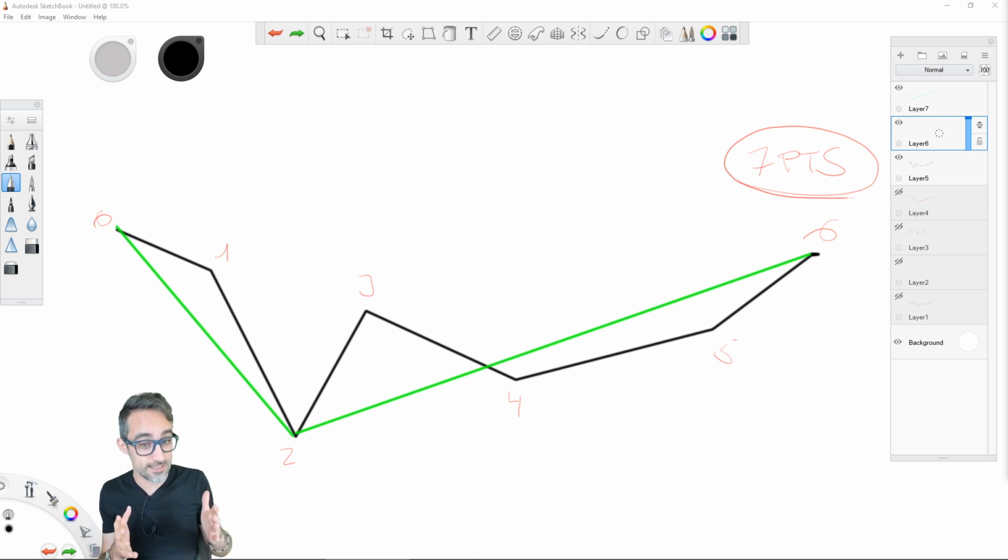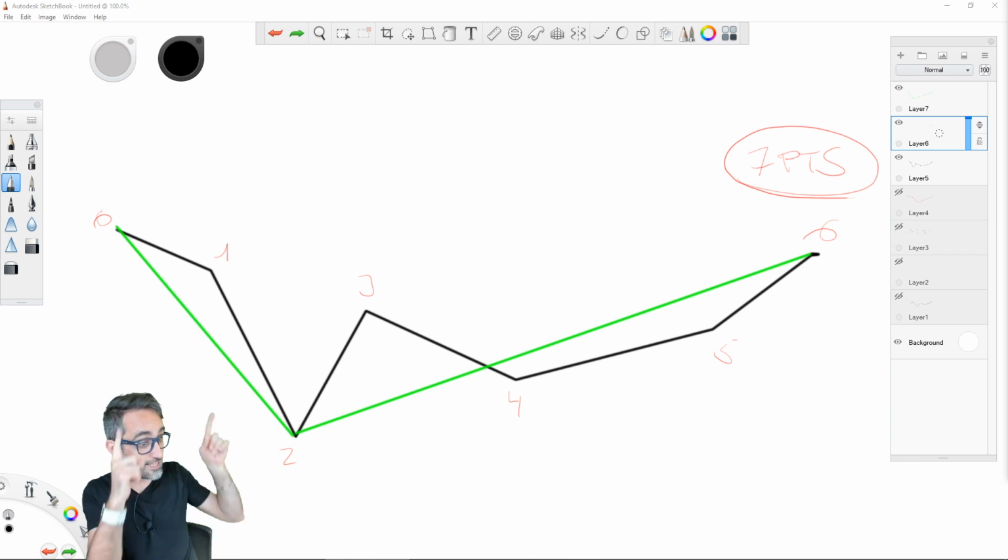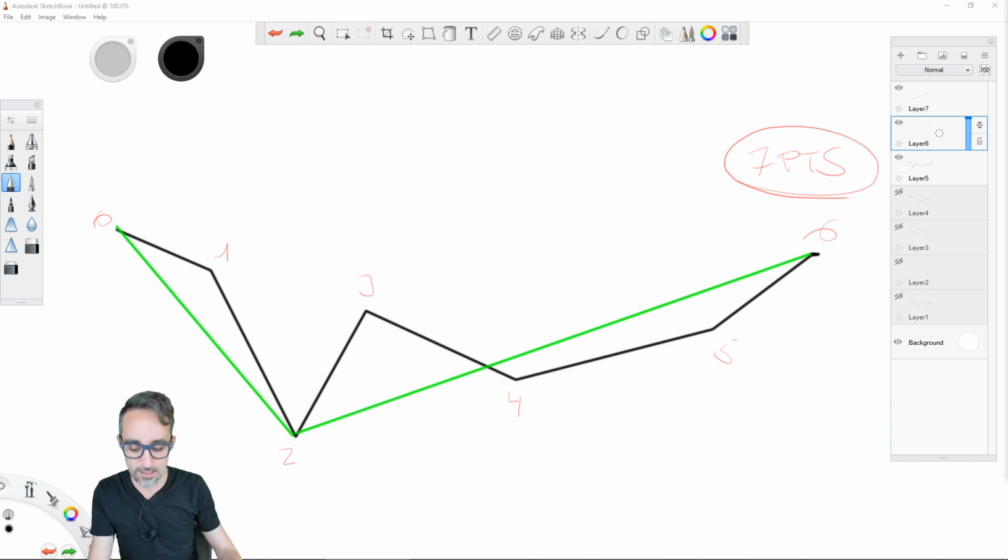What that means is that starting with number 2, I want to take the number of elements in this polyline, in this case 7, minus the index of the vertex that I want to pick, in this case 2. Because I want to take 5, I want to take 7, the total, minus 2, the index.